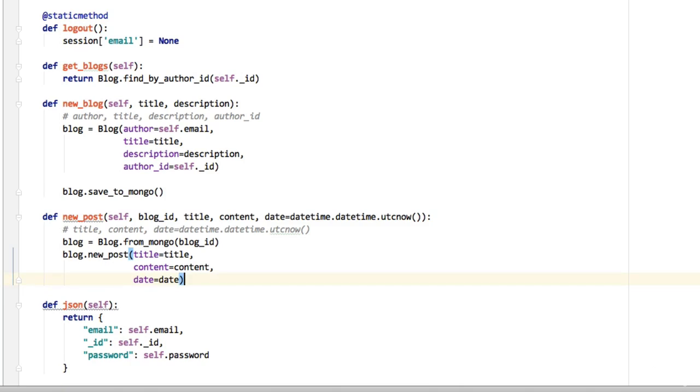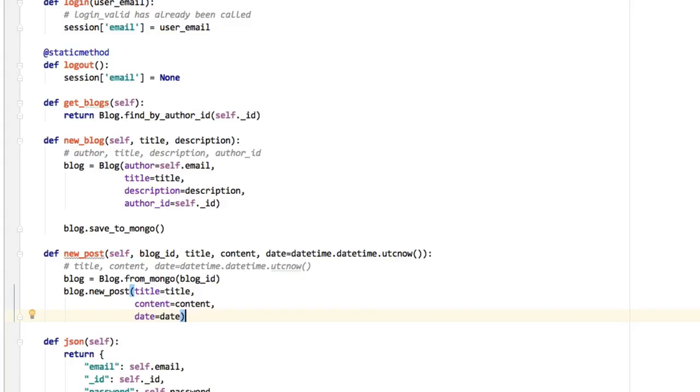And that's it. So easy enough. We'll get the title, we'll get the content, and we'll get the date. And notice how the date may be the default value. And the website will send us the blog ID without the user having to write it themselves. And that's all we need to be able to find out which blog we're writing into